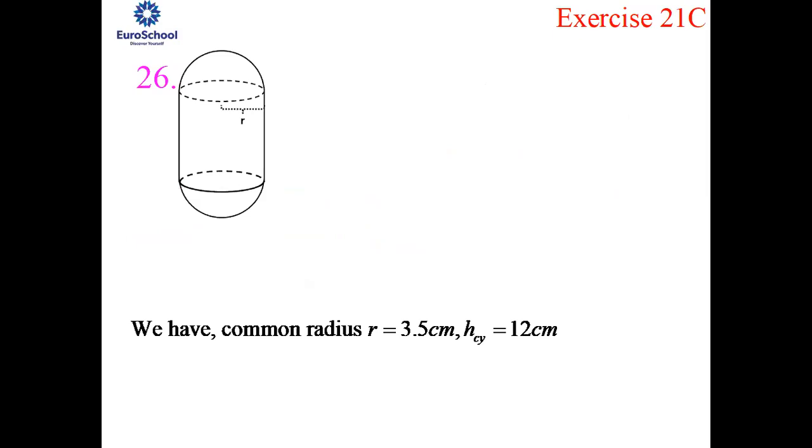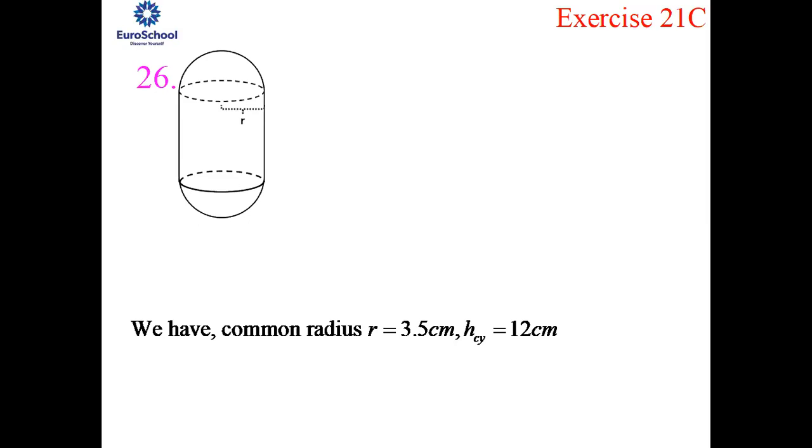So now we'll just move on to the 26th question, because the 25th is homework for you. So first I'll explain the 25th question and then we move on to the 26th. I'll read out the 25th question. The adjoining figure represents a solid consisting of a right circular cylinder with a hemisphere at one end and a cone at the other. Their common radius is 7 centimeter. The height of the cylinder and cone each is 4 centimeter. Find the volume of the solid.